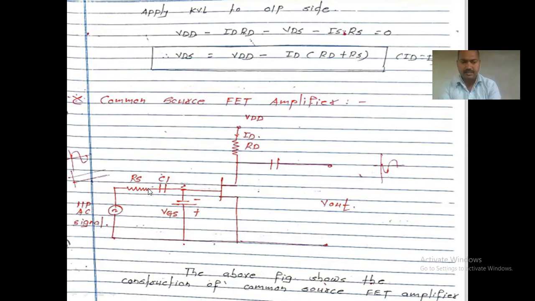Again, this is provided through the RS. The reason is that whatever signal travels from the input, if it contains a larger value of the signal, that should be dropped by this RS. Again, that signal is provided through the capacitor C1. Why is capacitor C1 used? The function of a capacitor is that it only passes the AC signal and blocks the DC. If the input has any DC part, it should be eliminated by this C1 capacitor.